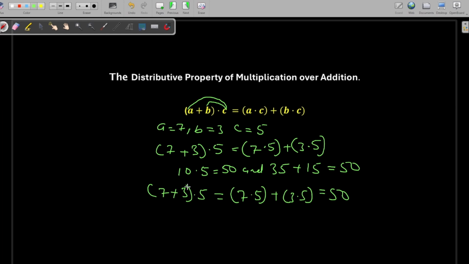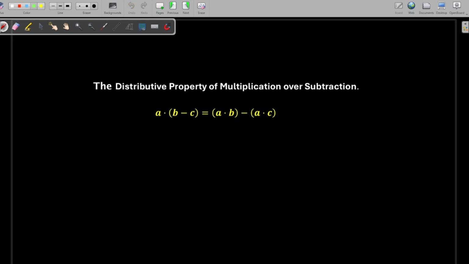What about subtraction? Let's see subtraction on the next slide. So this property, as you can see, also works for subtraction too. Multiplication is distributive over subtraction from both the left and the right hand side. So for example, from the left hand side, we have A to be 4 and B to be